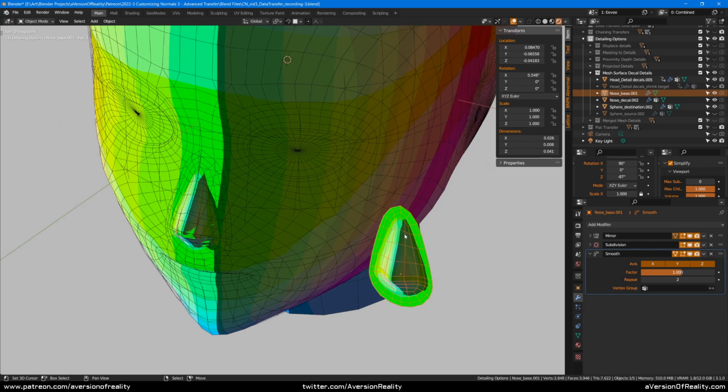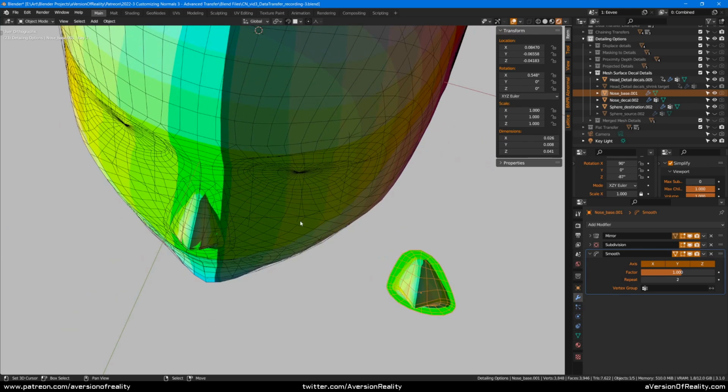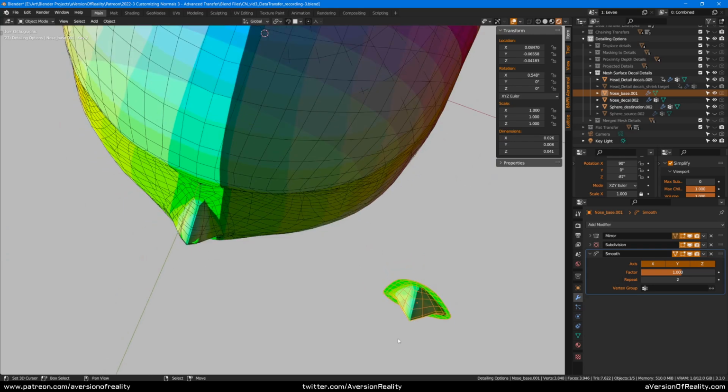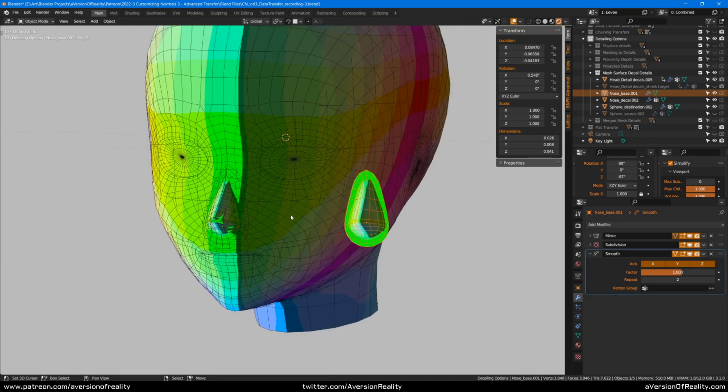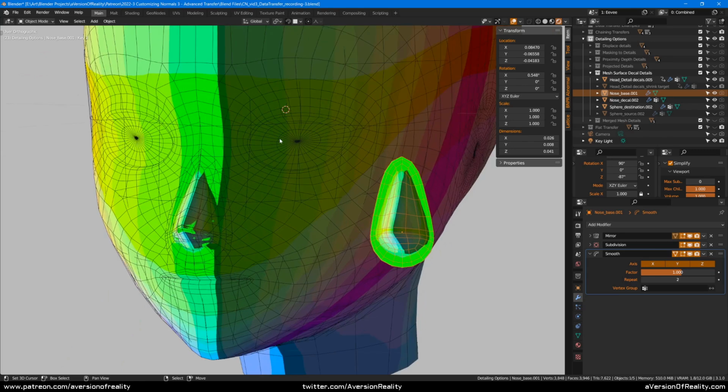But what we really want is for this to be an offset on top of the sphere. We want it to be whatever the sphere normal is, and then bumped out on top of that into the nose shape. And that's what we need for basically all details on the face to work other than the nose, which is why I've been using the nose as an example and not anything else.